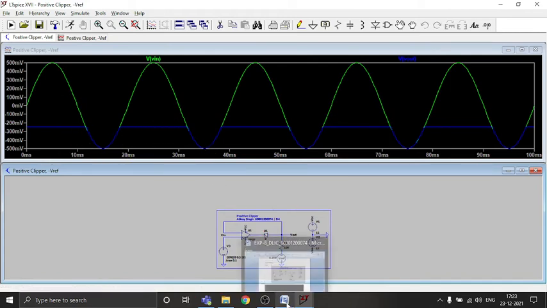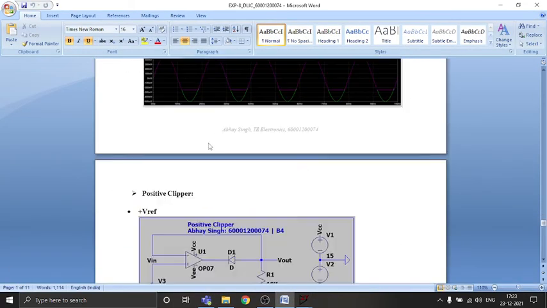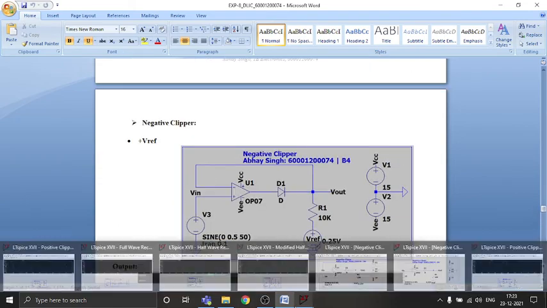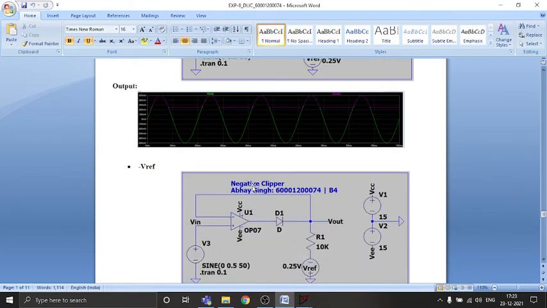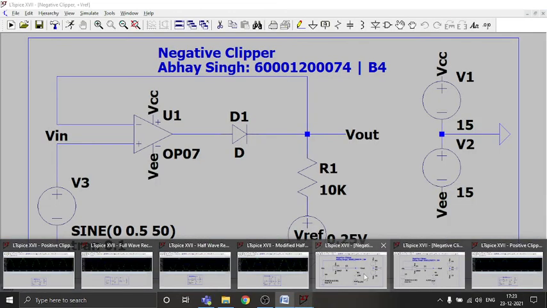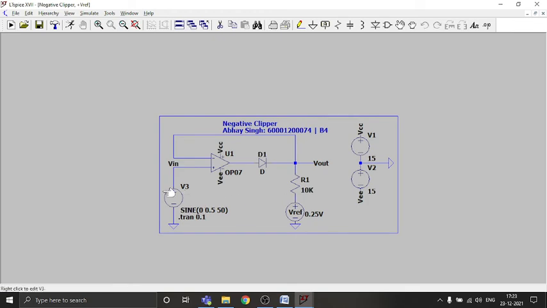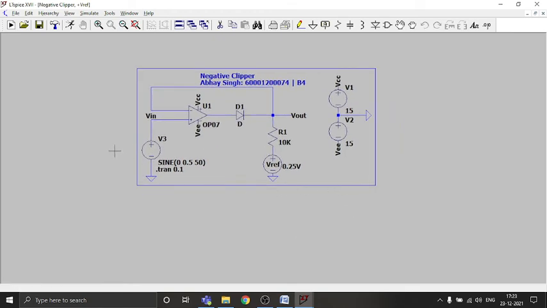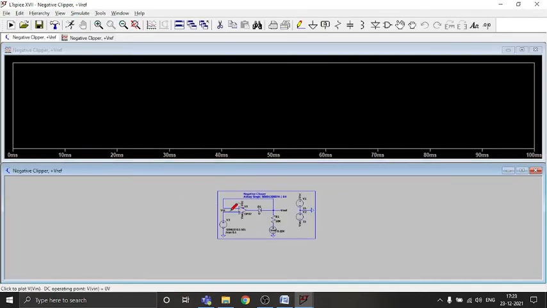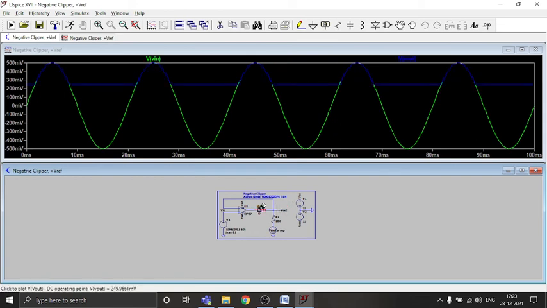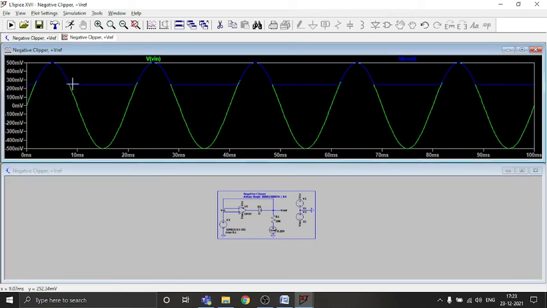Okay, so we will go ahead with the next circuit, which is the negative clipper. I have shown you the positive clipper. Now we will see the negative clipper. The negative clipper also has two configurations, plus Vref and minus Vref. Firstly we will see it with plus Vref. The circuit is all the same, just with a difference. Now I will run the circuit and take the V in and V out at the output. As you can see, it has clipped the negative part. It is a negative clipper, but in positive configuration, meaning the clipping is done in the positive half cycle.